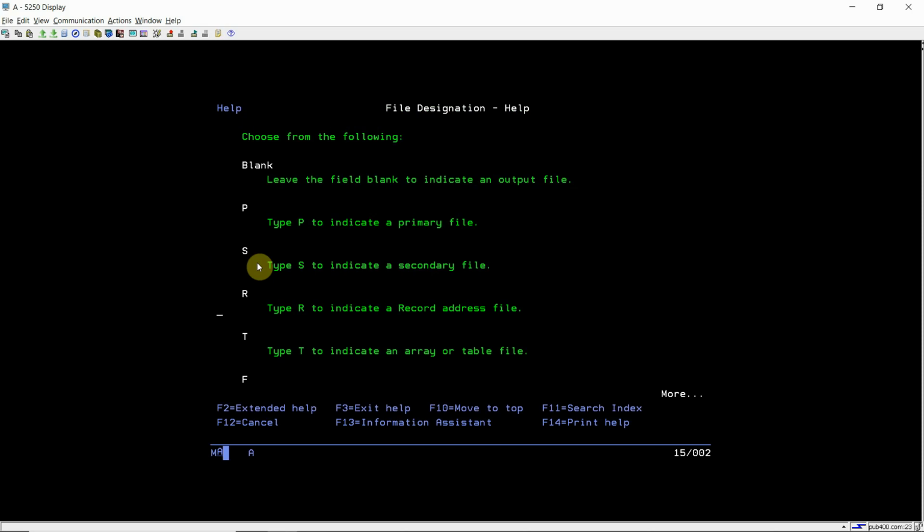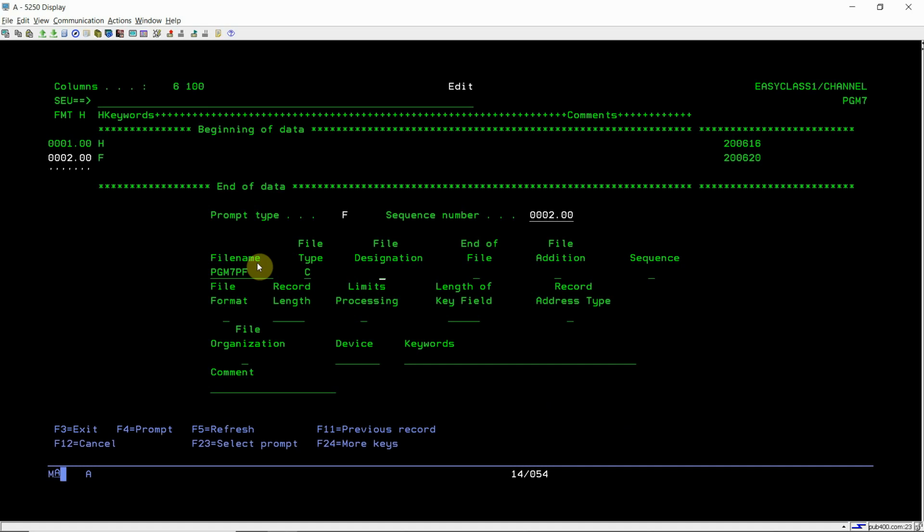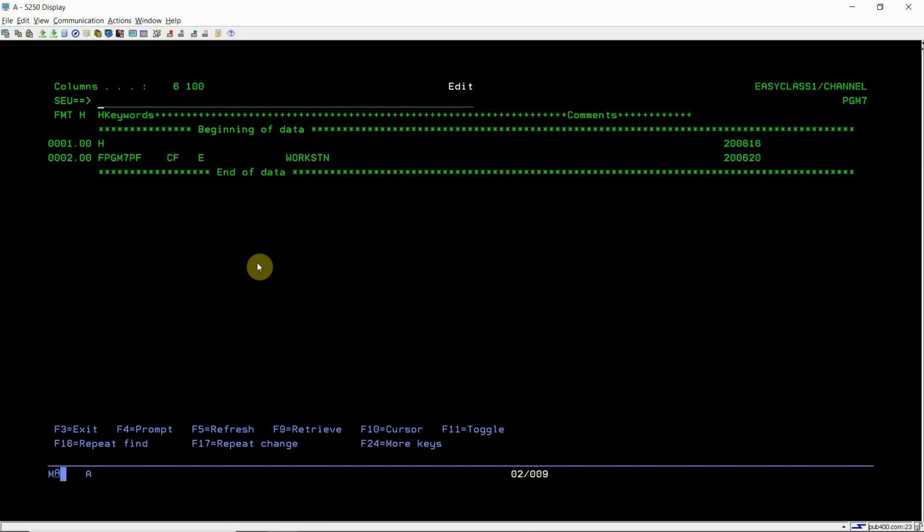File designation would be F, that is, a fully procedural file. This is a workstation file, and in file format we will write E, that is for an externally described file.